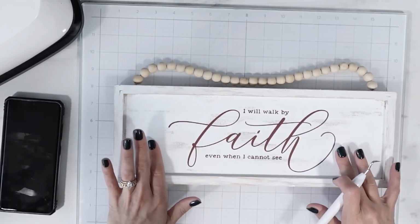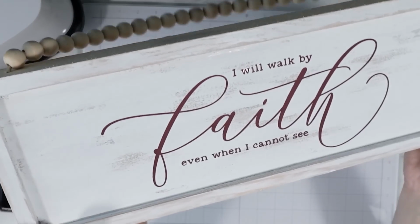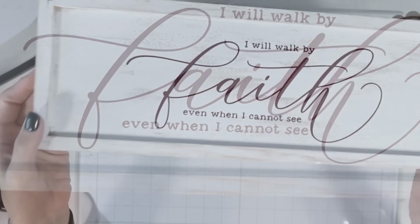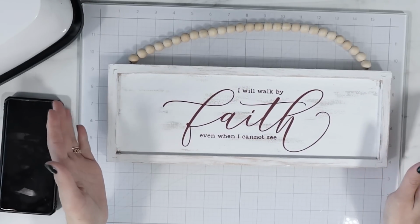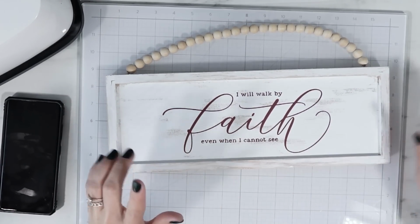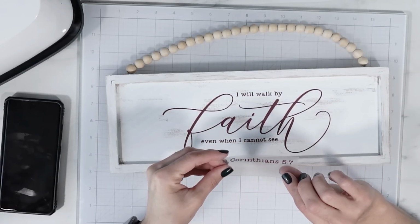And everything is ironed on. Look at that color. It is so pretty. And changing it up, not using your typical black, white, or gray vinyl for a home decor piece. Okay, let's finish this craft up